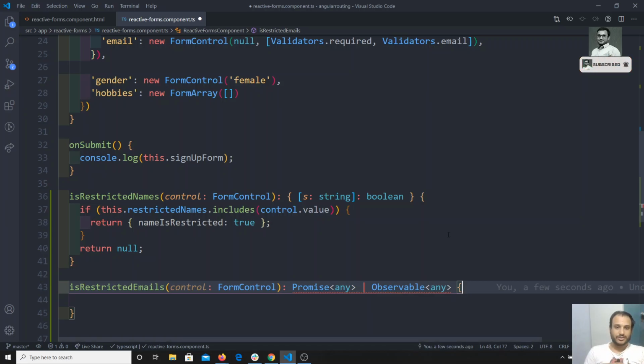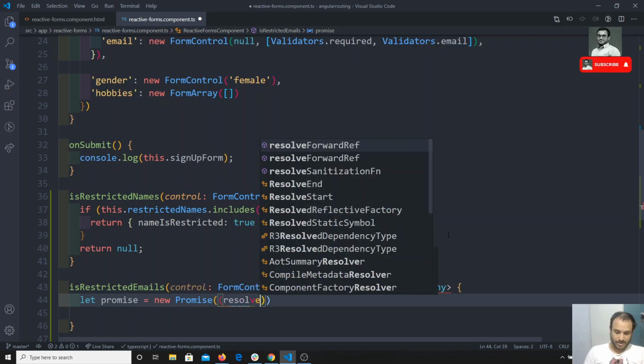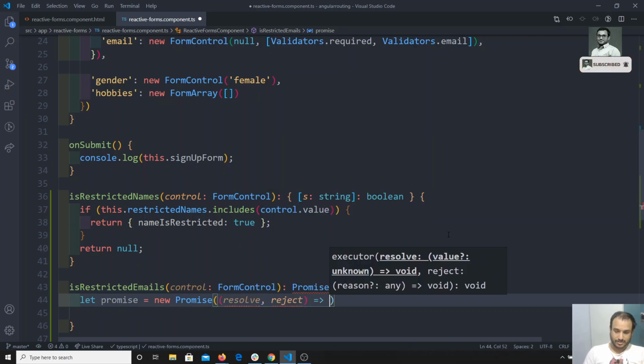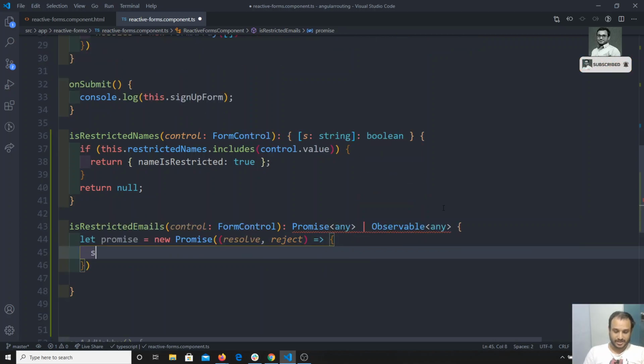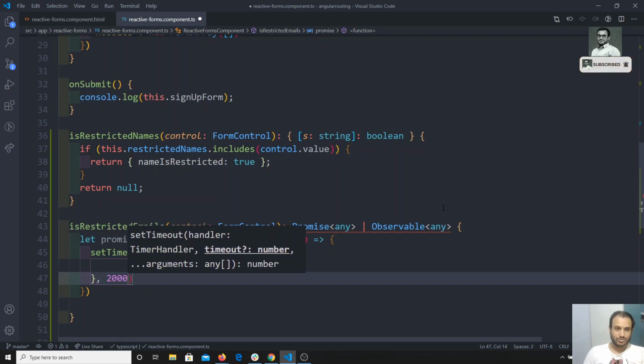Now here, let's try to create a basic promise. I will simulate the logic of calling the server, as you don't have a server or anything. I am just creating a dummy call, something like a promise. So here I am creating a new promise. A promise has two parameters, resolve and reject. Inside, I will use setTimeout, because we will have some time to get the response from the web server, right? That is the reason I am creating a timer. I will use 2000, so that means 2 seconds.